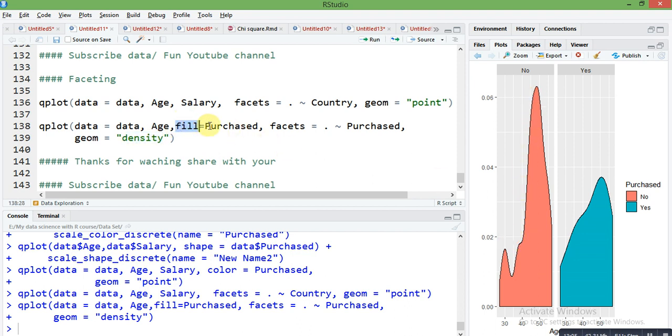On the purchase it will fill our density plot. The no and yes distribution on the basis of age, the density of age. So this is very easy and interactive plotting using the ggplot2 package and the qplot command.